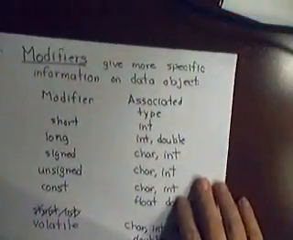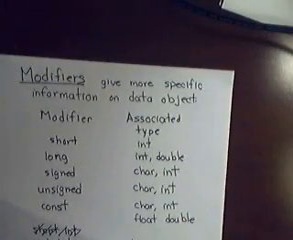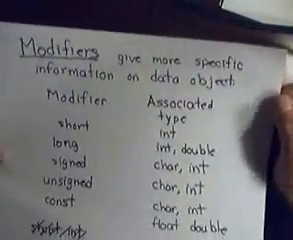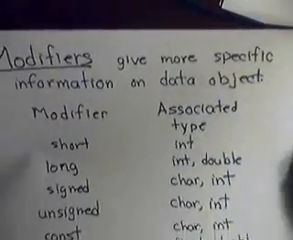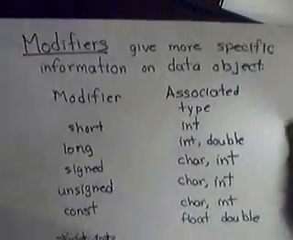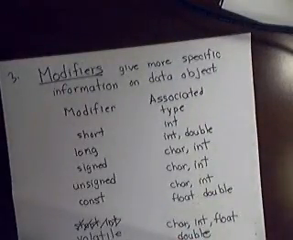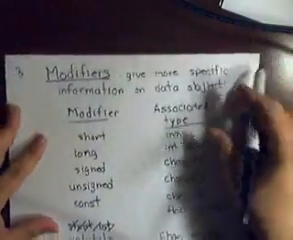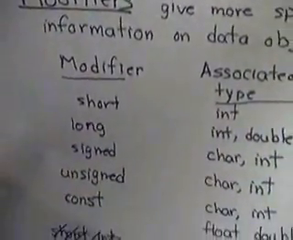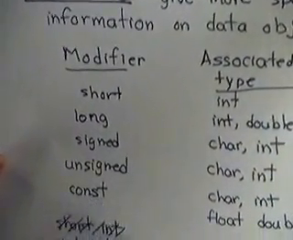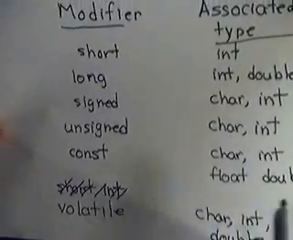Now that's not the whole story. Regarding data types, we have other attributes. We have another series of attributes, and the first one I want to discuss is modifiers. Modifiers give more specific information on the data object. So these are the modifiers we have, and these are the data types they can modify. We have short, long, signed, unsigned, const, and volatile. And to the right I'm